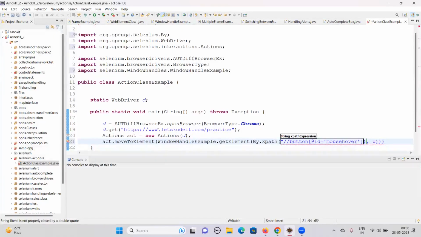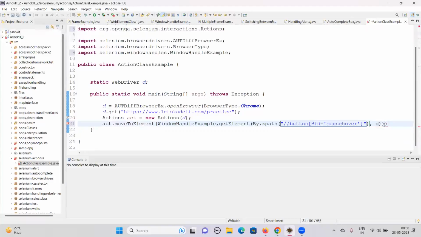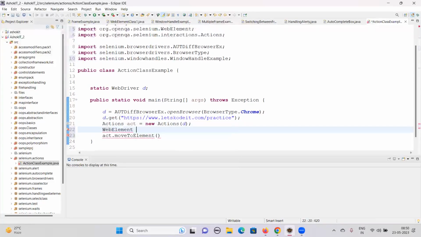Okay, so xpath command driver. What can we do is it will return you the web element, right? So we can just capture that web element as part of a separate thing here. Element is equals to